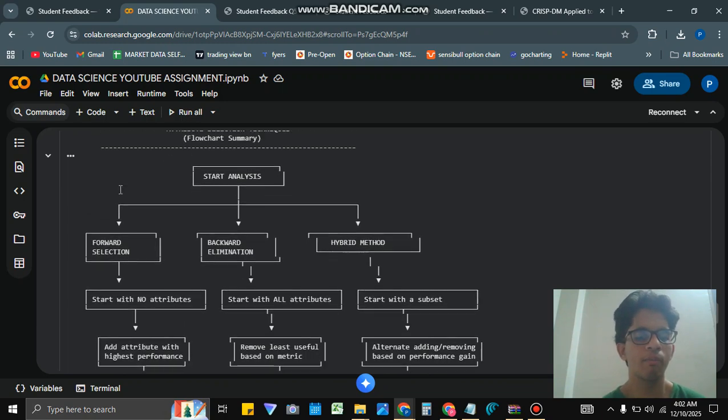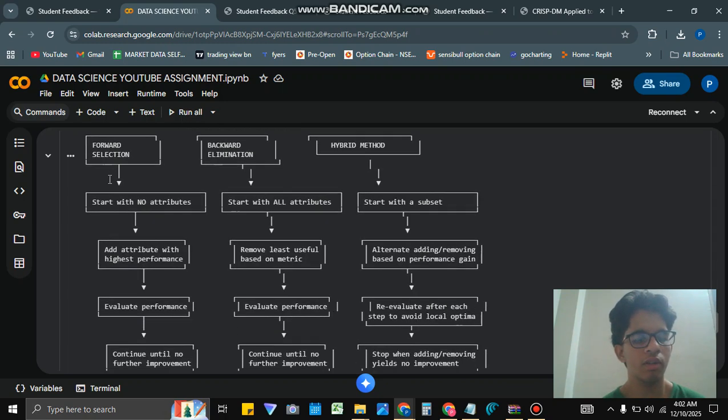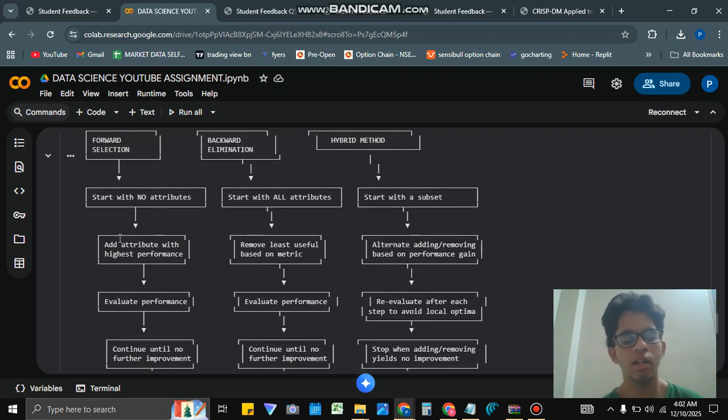So first of all we start with analysis, which is the first step for all the three. In forward selection, what we do is we start with no attributes. In backward, with all attributes. In hybrid, we take a subset of all attributes. Suppose there are 200 features, we only use 20 of them for a subset. Then we add attributes with highest performance, like the ML model has accuracy highest in this, so we will add that particular column, that is that particular feature, and in backward elimination we remove that least useful feature